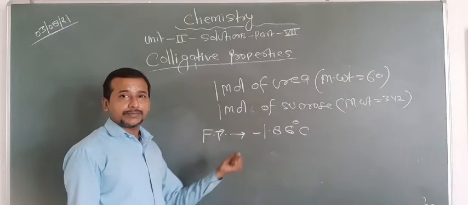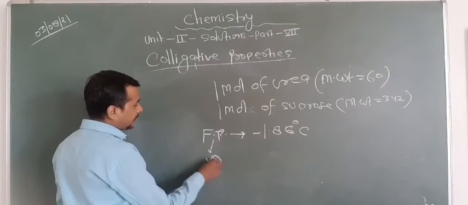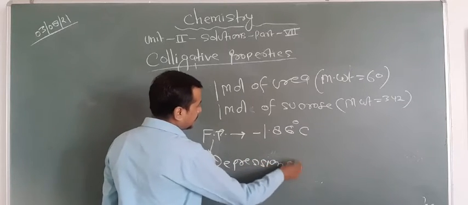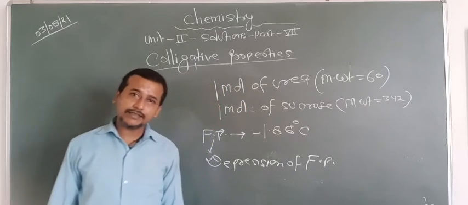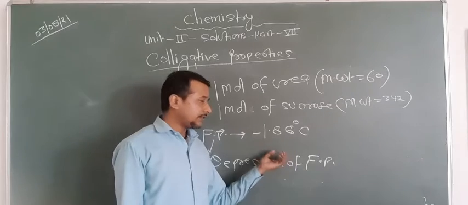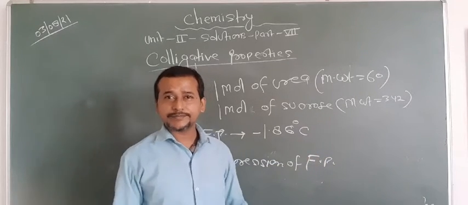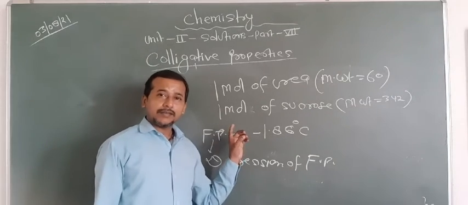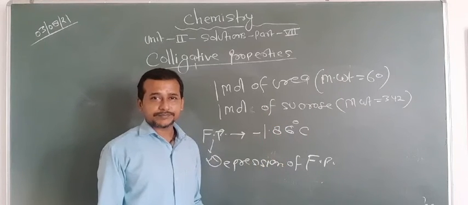This is also known as depression in freezing point. So this new freezing point, you can say, is the depression of freezing point, that is less than 0 degree centigrade for water. And this is due to the mixing of the same amount of solute. So this denotes that the colligative property only and only depends upon the amount of solute, not its nature. Are you getting this point or not?